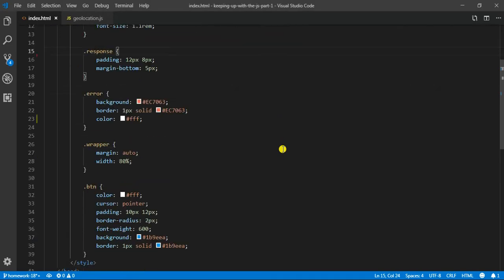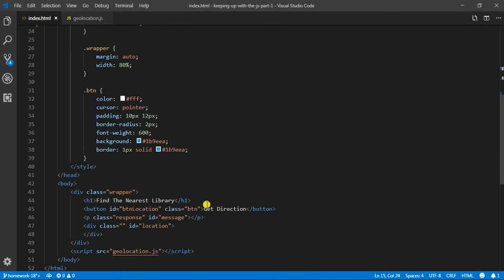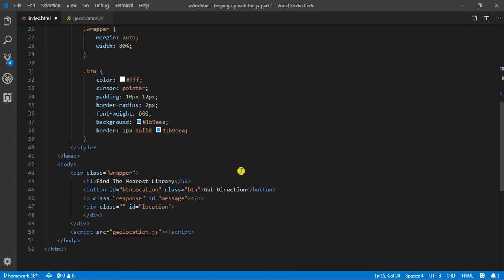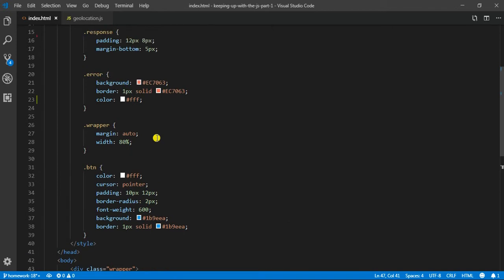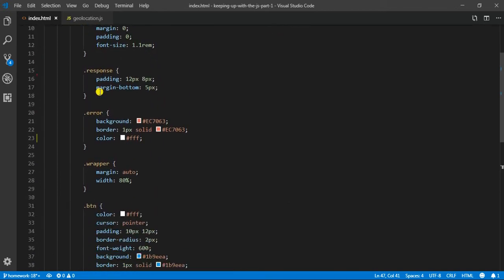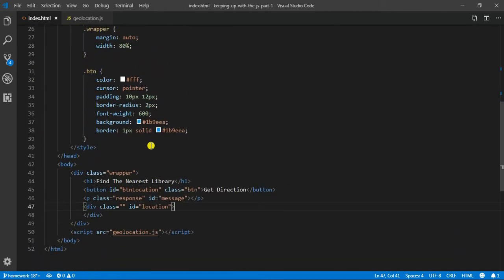In the HTML file there's a button to get the direction and retrieve the map, a paragraph tag to display any error messages, and div tag to display the Google Map. This file has inline styles for HTML elements and a script file. The script file,